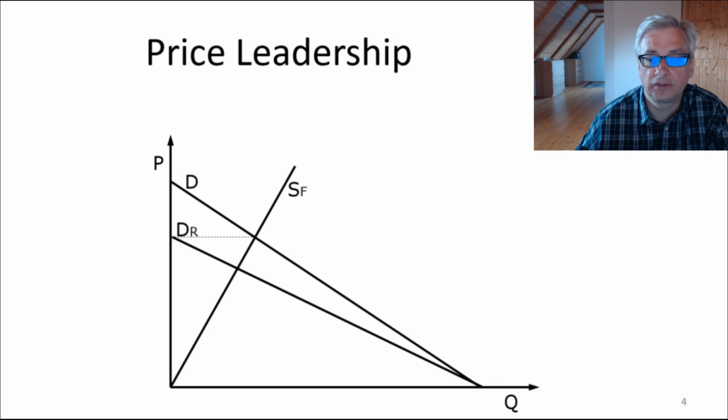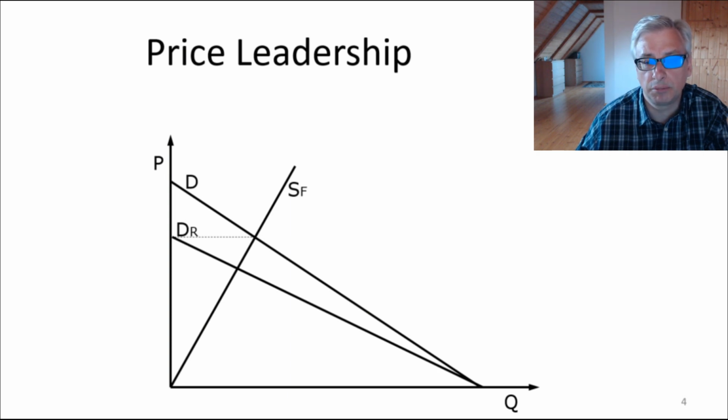Within this residual demand, our leader becomes a monopolist. For the leader, there is no competition in this residual demand. Therefore, we can treat this residual demand as demand for a monopolist, and then we can continue with profit maximization